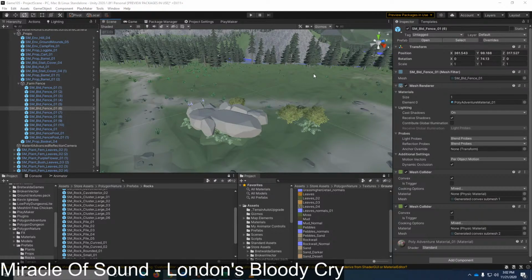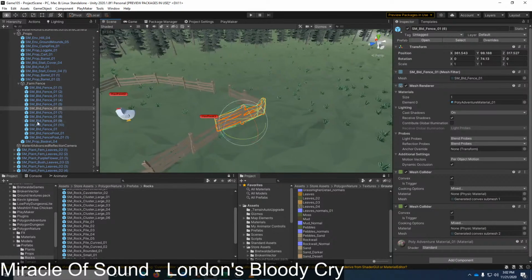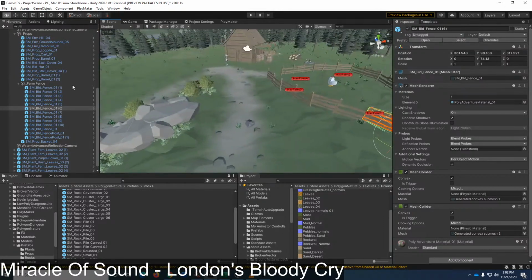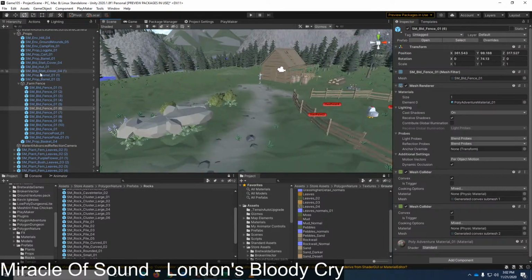All right, so what we got going here? We have a basic level that I am working on as a demonstration for my Game 105 students. A little bit of context for those that might not know: it's an introduction to game development class, and I am doing this according to the expectations I have for the final project. So I am not looking for perfection or publishing-ready quality, just some very specific basic level quality targets.